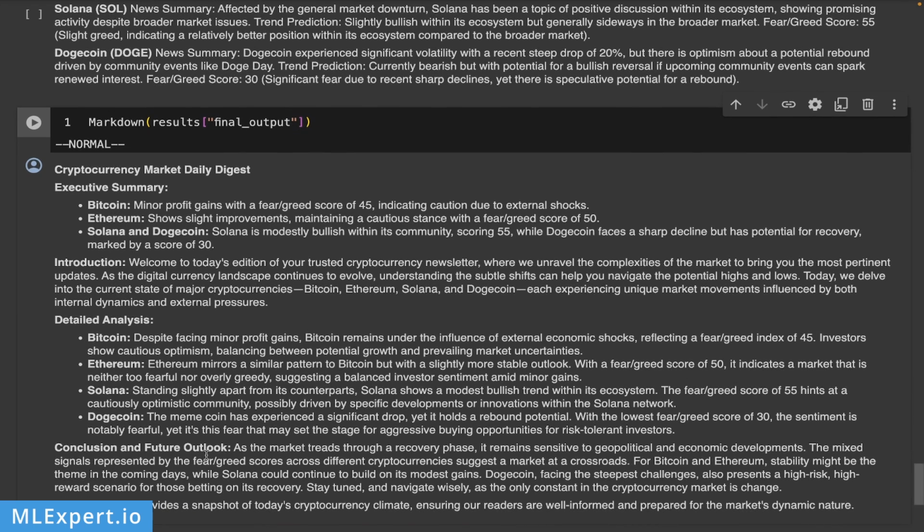So yeah, it seems like the result is actually using the news. It is providing some analysis for each cryptocurrency that we are asking for, and then you are getting this newsletter